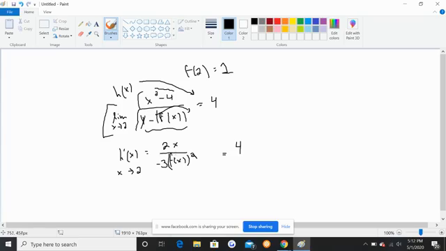And also, I forgot, because it's the chain rule, we have to also take the derivative of what's inside, which is just going to be f prime of x. That's just the chain rule, right? We took the derivative of the outer part, and we have to also take the derivative of the inner part of the function, which is just f prime of x. And so now when we plug in 2,